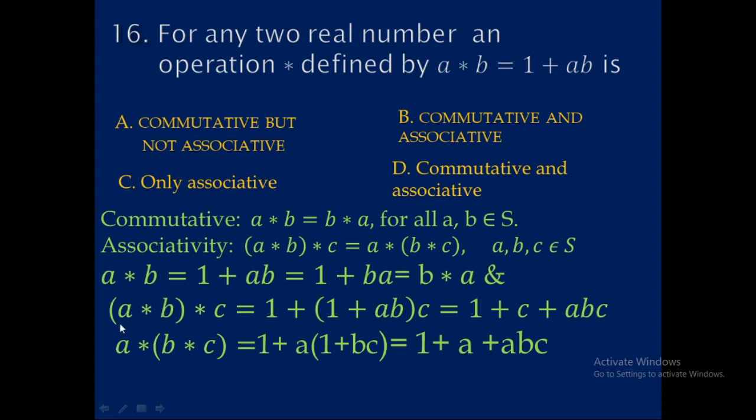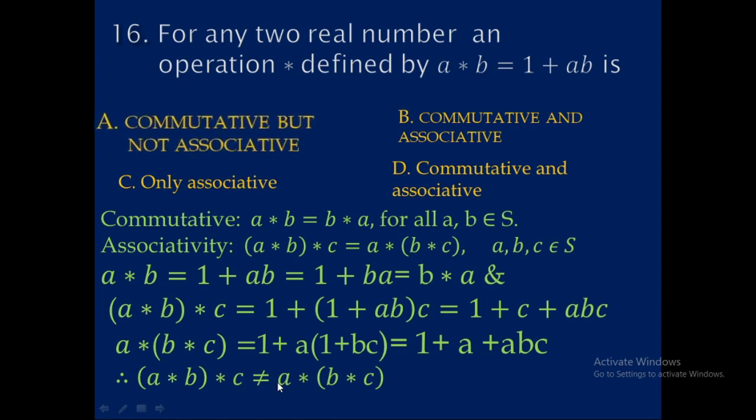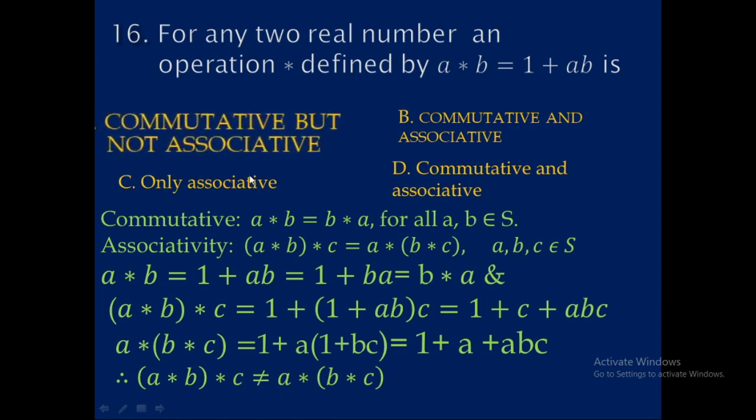Here you know that (A star B) star C is equal to 1 plus C plus ABC, and A star (B star C) is equal to 1 plus A plus ABC. Not necessarily A is equal to C, therefore (A star B) star C is not equal to A star (B star C). Therefore, star is not associative. It means it is commutative but not associative. Therefore, option A is